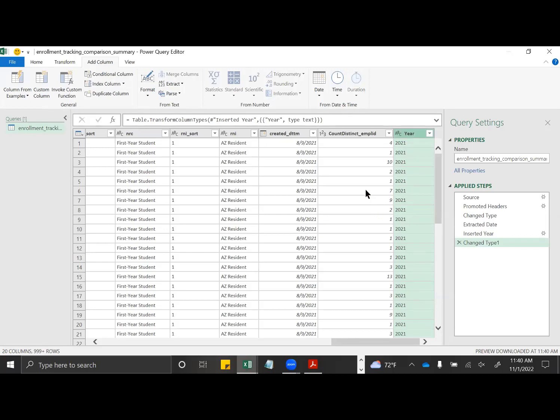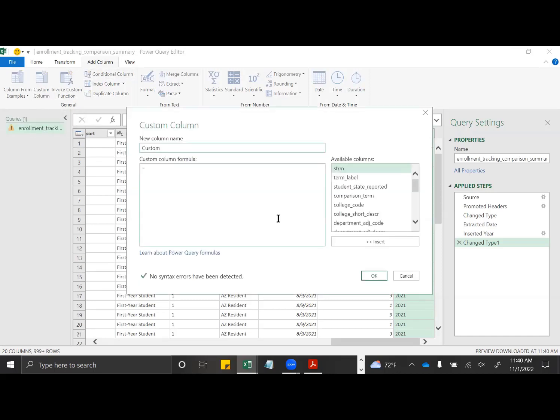All right. So after we do that, we now want to create a new, I'm trying to remember, custom column. Yes, we want to create a custom column because we're going to be using VLOOKUPs. So we want to create a column that we can easily reference. And so we're going to call this column